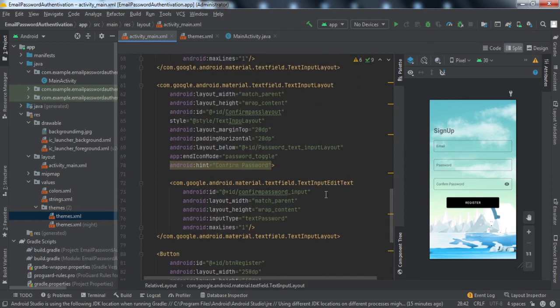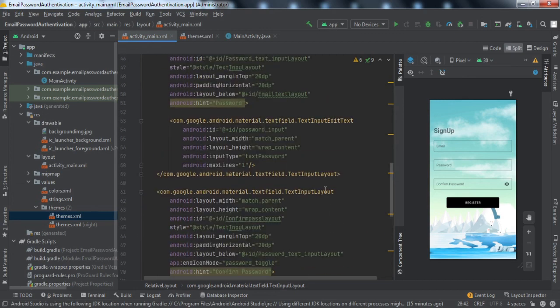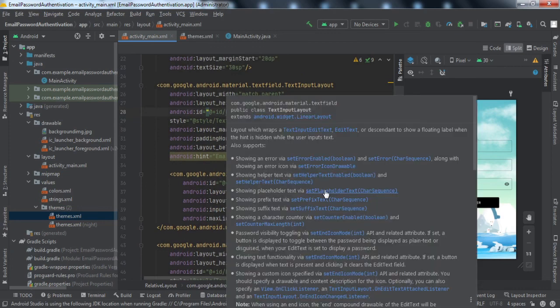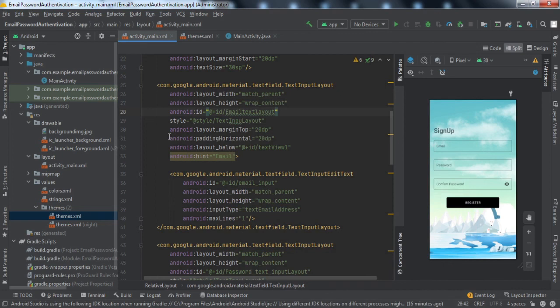I'll be putting the link for the source code in the description below. If you're not able to make this as it is, you can simply clone the code from GitHub. I'll provide the link in the description, right? I hope you understood the things. So we have covered two things. We have connected our app to Firebase. Then we have designed this front end. In the next tutorial, we'll be writing the backend code, right?